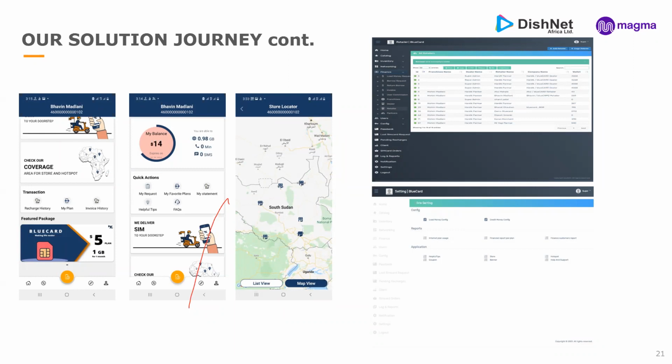Customers normally get a notification when they consume 50% of the data of the plan, another at 90%, and the third at 100%. We also have a system to guide our customers on the number of locations covered and the locations we are working on. And here you can find our retailer and distributor network. So these are some screens of the system we are using for our network.